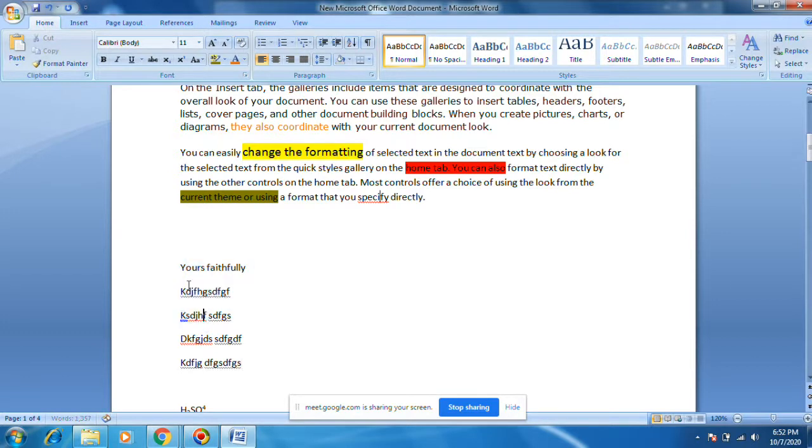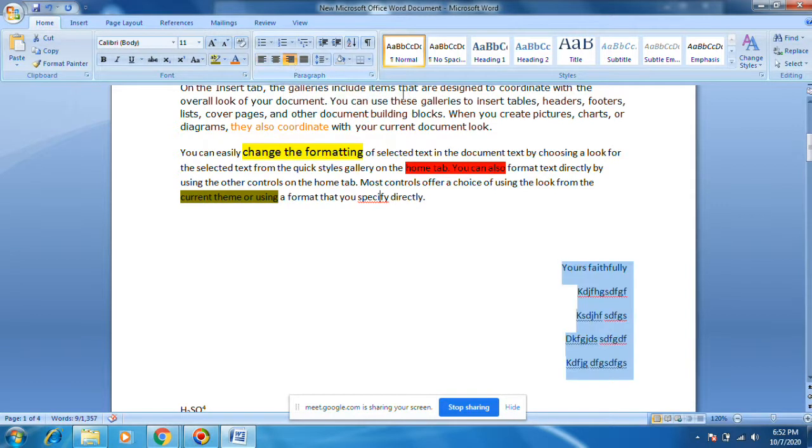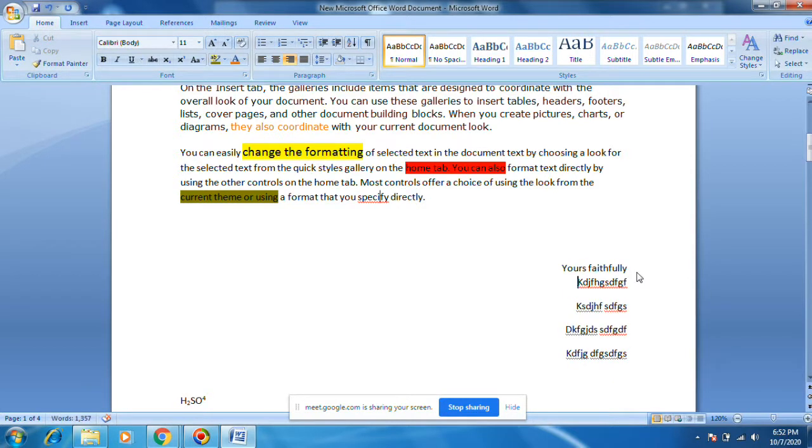In this case you need to go to align right. This is the align right option. It will go like this. If you do shift enter, it will come very close to this. Keep the shift button and then press enter, it will come like this.